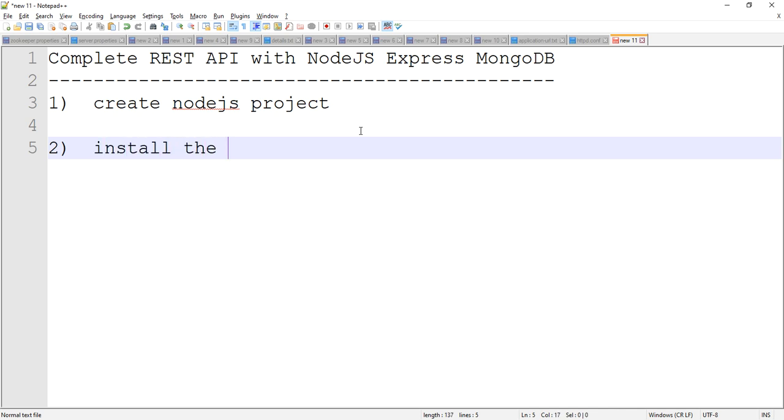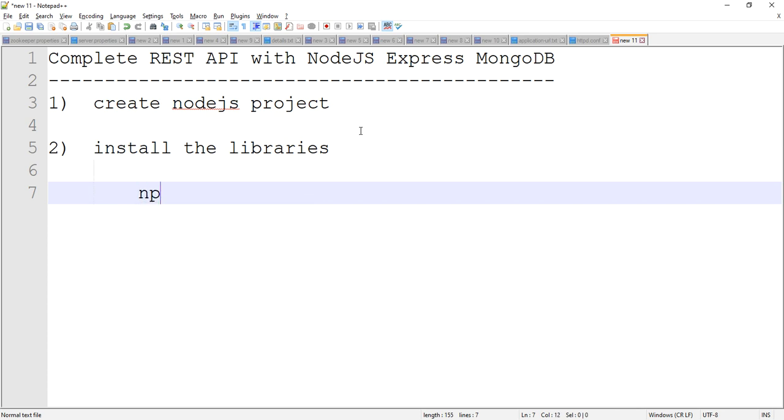Second step, install the libraries. So what are the libraries I need to install? npm install --save. The first one you need to install is Express. Next one, body-parser, to get the data from the request and convert it into JSON format.